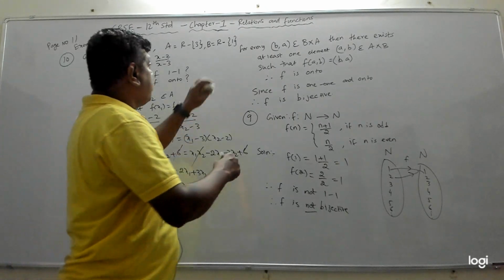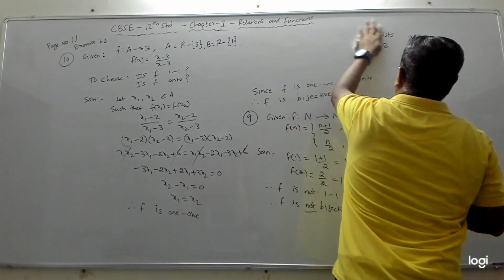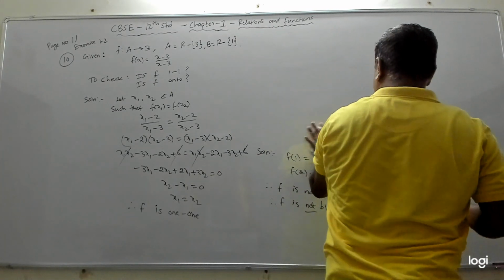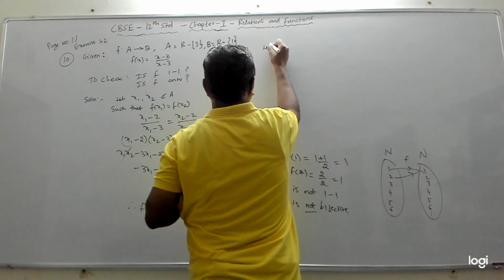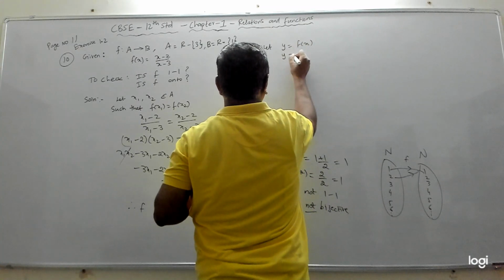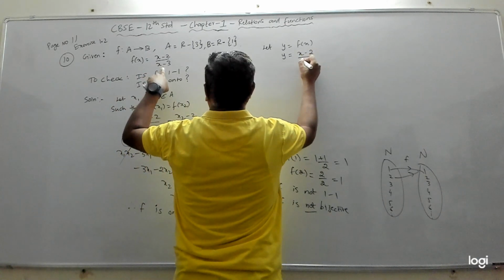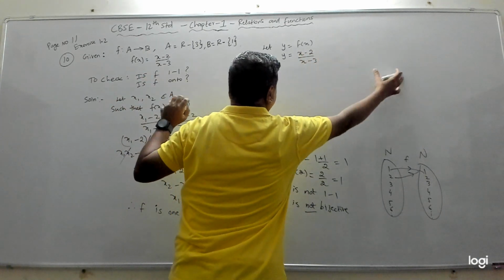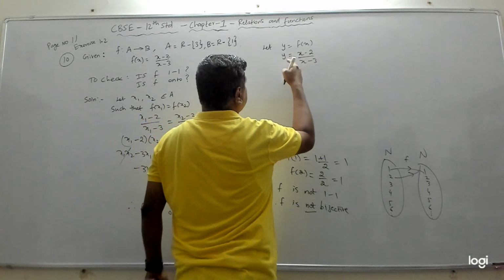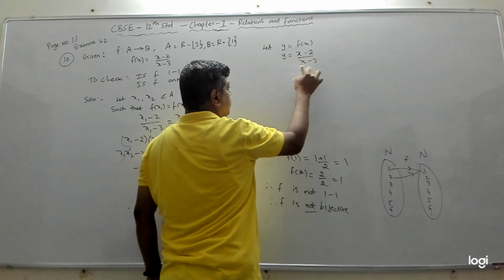Now we have to check for the on to condition. So for on to, the first thing we will do is put y equal to f of x. So y is equal to, what is f of x? F of x is this, (x minus 2) by (x minus 3). You can do this as rough work or you can even show how you are doing. Nothing wrong in that. Now we have to write x in terms of y, which means I should say x is equal to, here I should have y.